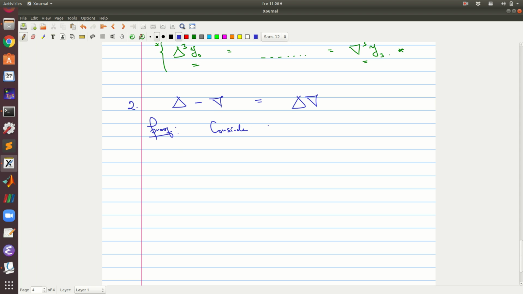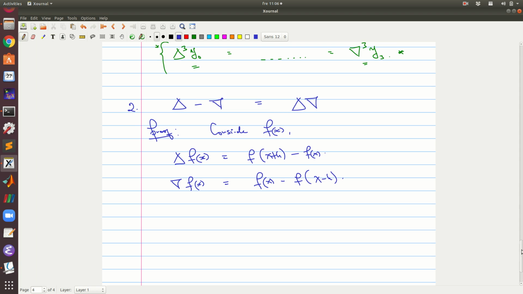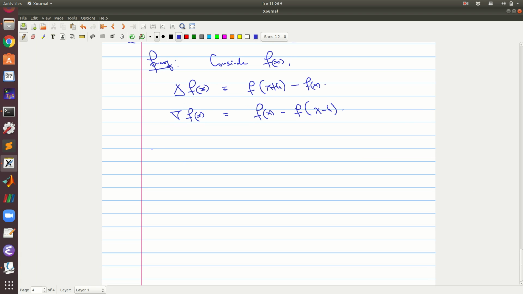We consider the function f of x, for which we know that the forward difference operator evaluated at f of x by definition is f of x plus h minus f of x. Also we know that the backward difference operator evaluated at f of x by definition is f of x minus f of x minus h. Therefore the first forward difference operator minus the backward difference operator of f of x is simply going to be